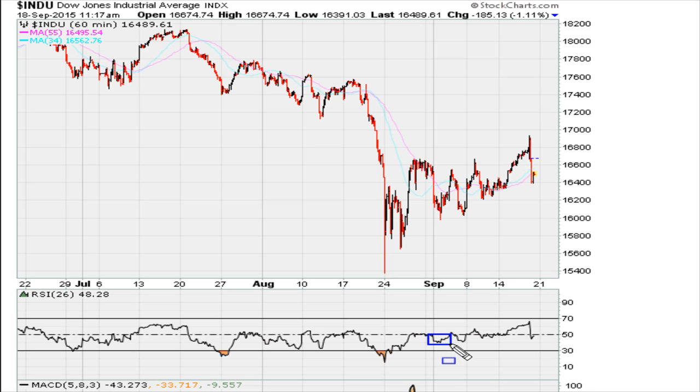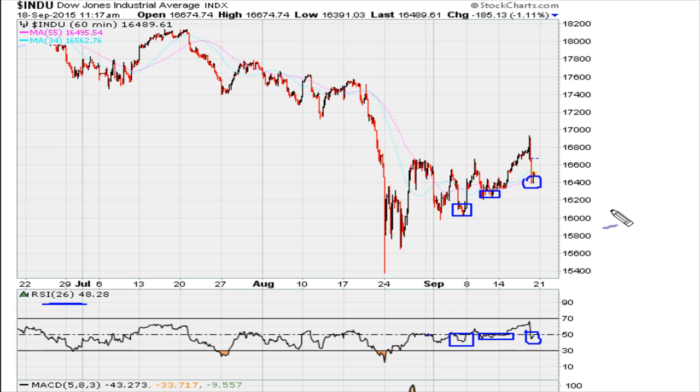Might not be the best, so let's not use that. But this is uniform action below 50, back above it, and we are using RSI of 26, which gave us the short-term lows. Eventually here we hold around the 50 level for these lows here. And right now the market has a chance, if it wants to, on the hourly to recapture the 50 level in the market. If it does move back above that 50 level with uniform activity, then these have been confirmed